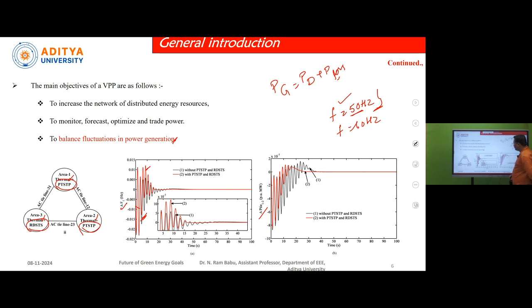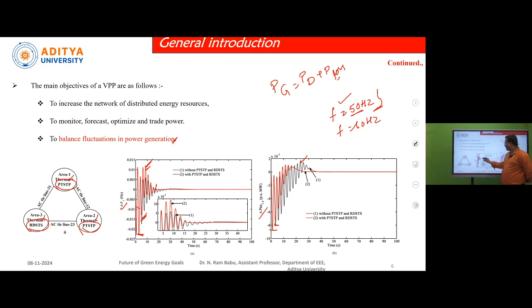So in both the cases, you can observe that when the renewable energy sources are integrated to our system, it shows better responses in terms of peak overshoot. In both the areas, you can observe that the peak overshoot is very high for black, and for red, the peak overshoot is very less. Whereas the peak undershoot values also, here you can observe that in delta F1, that means deviation in frequency, it is very high when compared with the system without renewables. Whereas in tie-line power also, the peak undershoot deviation is very high.